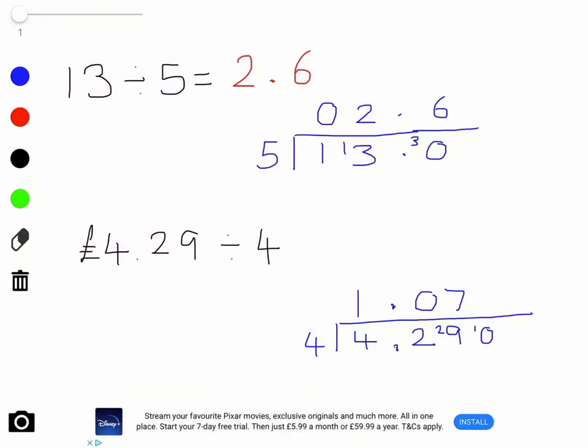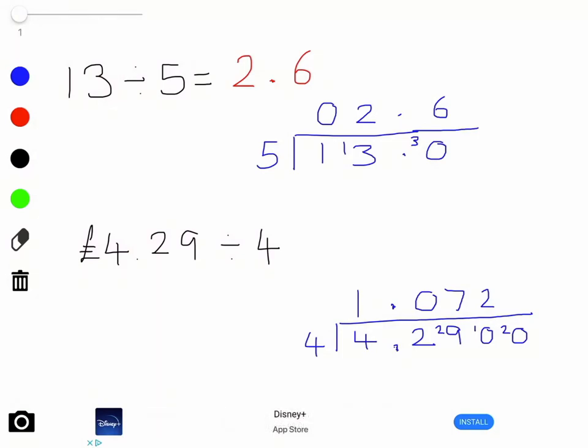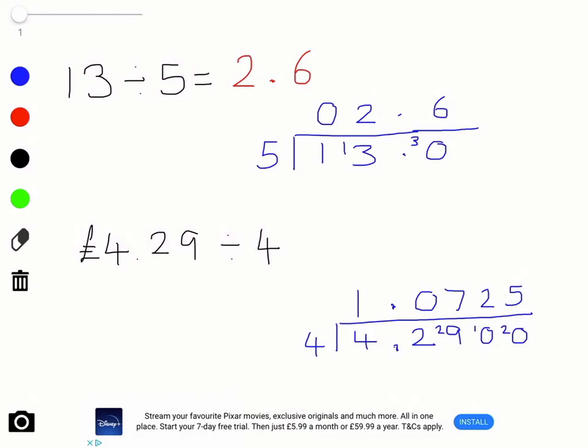How many 4s go into 10? I know it goes in twice because that will give me the answer of 8, but I would have a remainder of 2 left over. So again, placeholder and carry the 2. How many 4s go into 20? That's brilliant because I've now finished carrying. I've got no more remainders left over, and my answer is